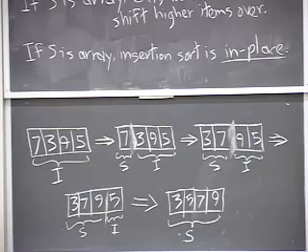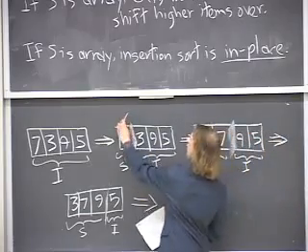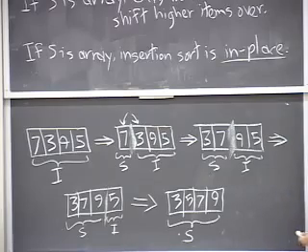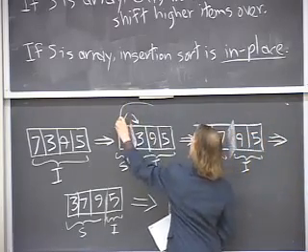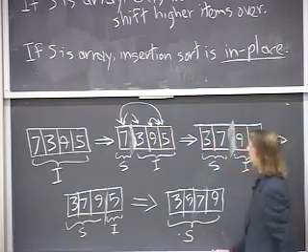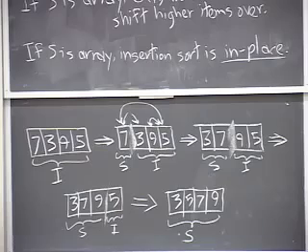And if you have an array that's almost sorted, then the running time is proportional to the number of what are called inversions. An inversion is when you have a pair of numbers where the smaller number comes after the bigger number. So 7 and 3 is an inversion. 7 and 5 is another inversion. 9 and 5 is another inversion. So is that all the inversions? So we've got 3 inversions in that array. So the running time is actually proportional to the number of inversions. So if you start off with an almost sorted array where the number of inversions is linear, then you have a linear time sort. But usually you're not that lucky, so we're going to go on and look for faster